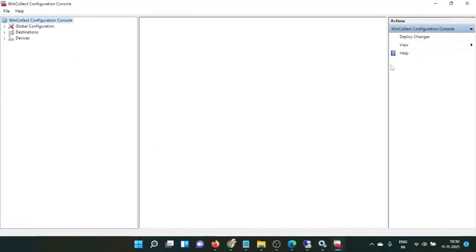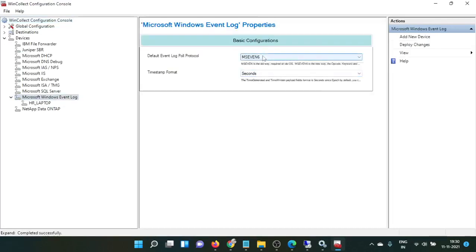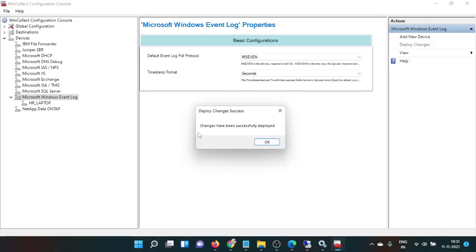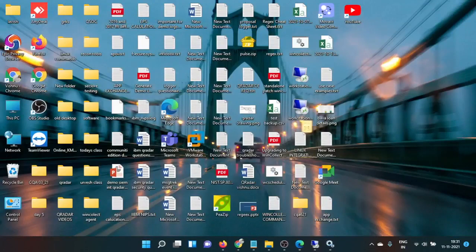If you are trying to deploy and you change some name, some event, and it does not accept, then there is an issue with the installation. If you find any issue or error, check for .NET 3.5 and below; it should be there.